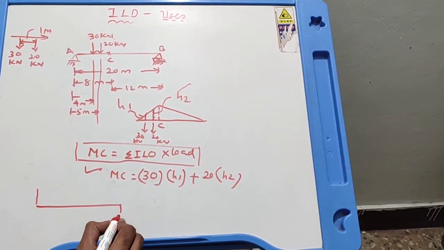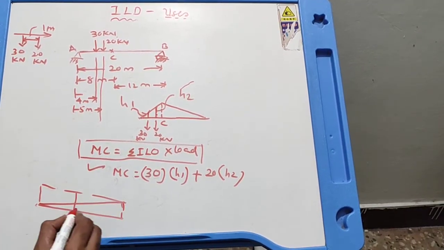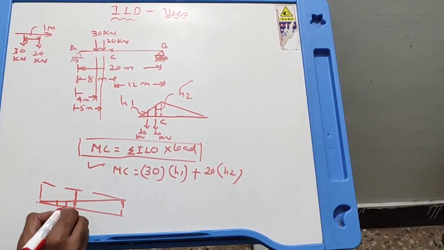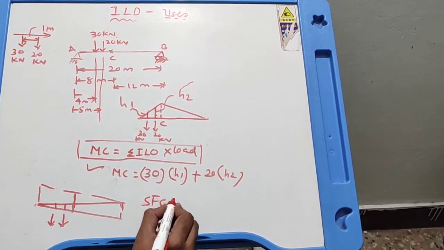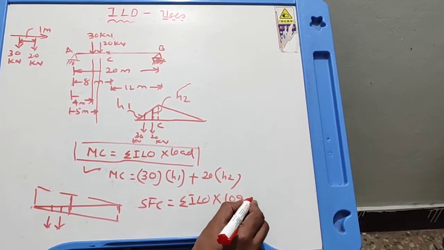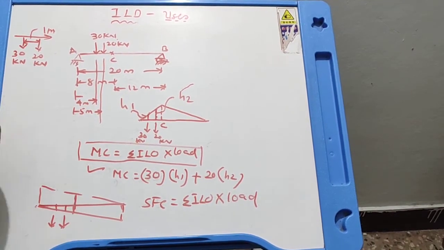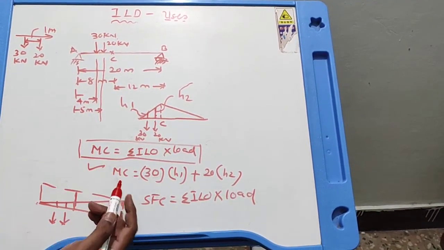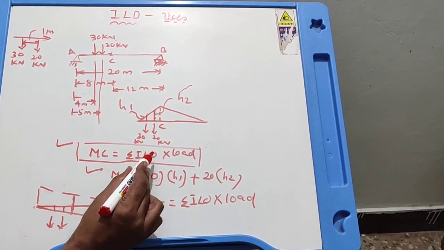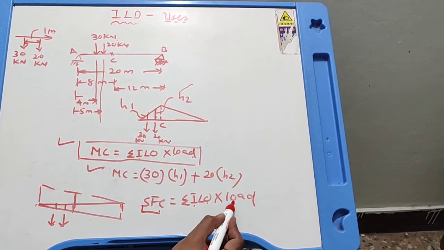You know how to draw the influence line diagram for shear force. Say this is the influence line diagram for shear force at section C. Again, what are you going to do? You are going to keep these loads like this and find the ordinates. Again, for shear force at C, the formula remains the same, summation of influence line ordinate into load. These are very interesting and very simple problems. That means when instead of one load there are several moving loads, you have to make use of this formula to find the bending moment at C: summation of influence line ordinate into load. Shear force at C: summation of influence line ordinate into load.